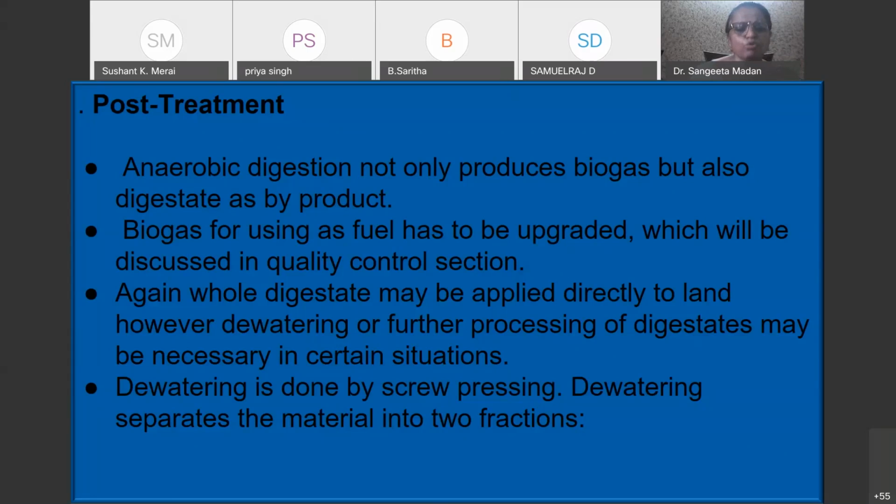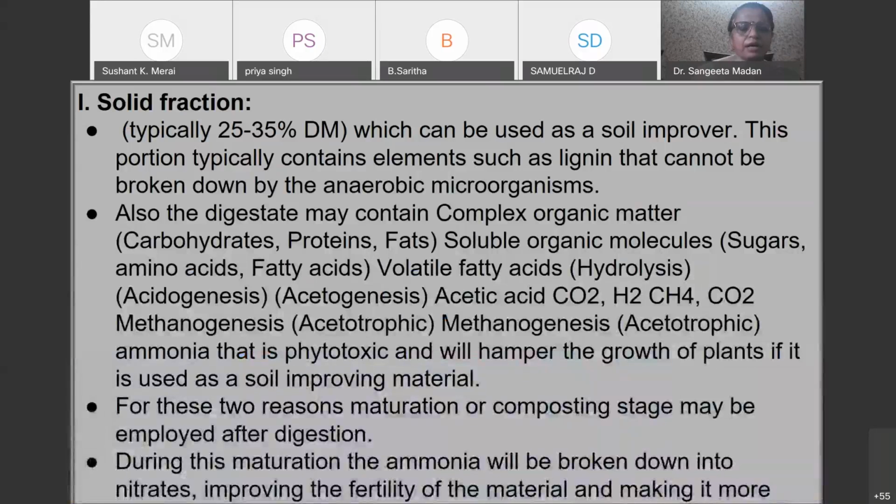Dewatering can be done by screw pressing. Dewatering separates the materials into two fractions, that is the solid fraction and the liquid fraction. This solid fraction contains 25 to 35% of the dissolved matter. It can be used as a soil conditioner. You can say soil improver also, because it contains elements such as lignin, which cannot be broken down by the anaerobic microorganism. This digestate, the solid part, also contains complex organic matter like carbohydrates, proteins, fats, soluble organic